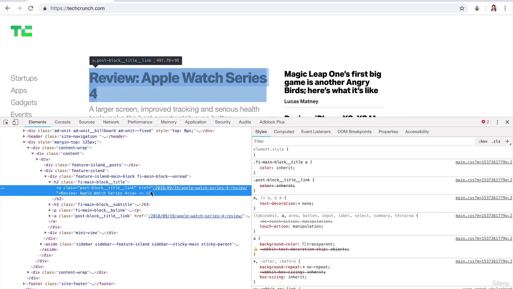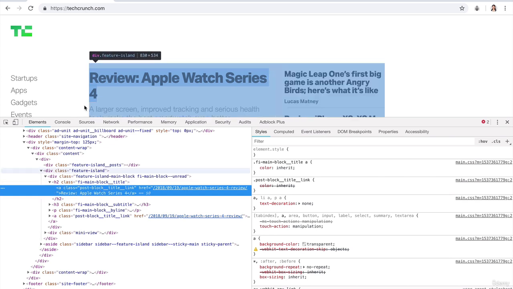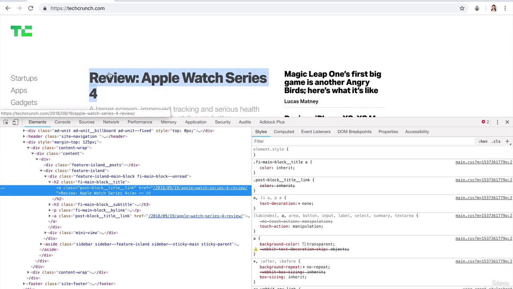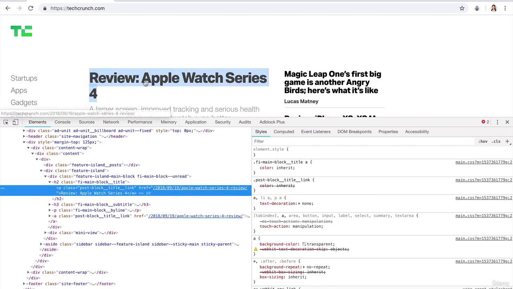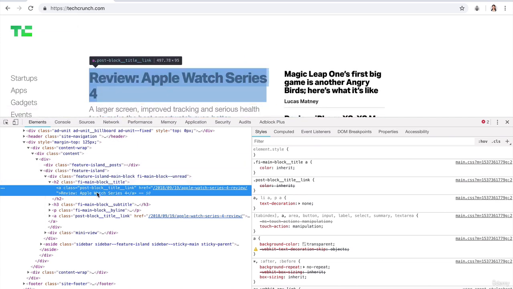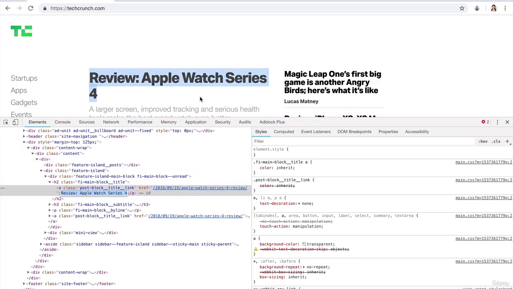When you click on Inspect, it will highlight to you the part of the code that corresponds to the thing that you right-clicked, right? In this case, it's this title. And inside this title, you can see that there is a link, which means that when you click on it, it'll go to another web page, but it's also got a bit of text. So right inside Chrome Developer Tools, if you double click on the bit of text that corresponds to the title, you can actually edit it. So let's go ahead and change the front page of TechCrunch. Let's say something like,